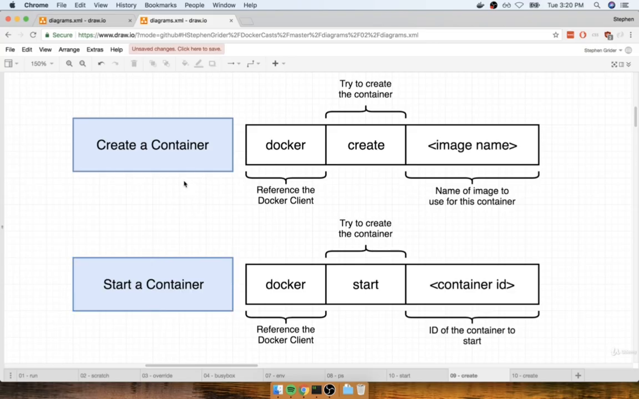But at this point, you might be a little bit curious of, hey, what's the distinction between creating a container and actually starting a container? Let's look at a diagram that's going to help you understand the